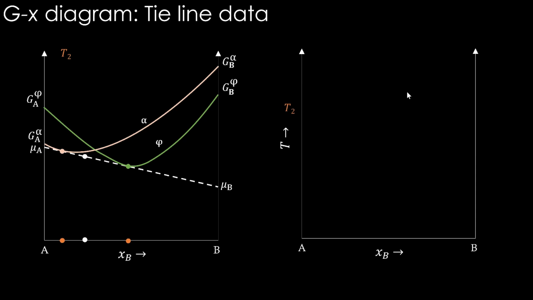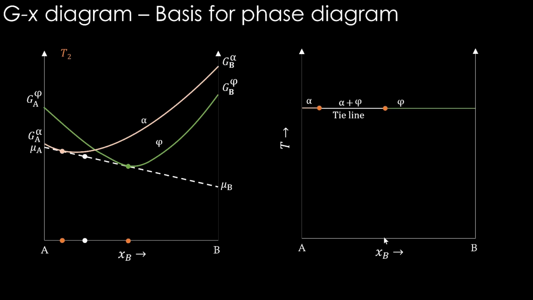At temperature T2, these two points are labeled here corresponding to the x values on this axis, and that is the tie line. Okay, what does the tie line say? It says two phases are in equilibrium, and it gives the compositions of these two phases, alpha and phi in this case. Before this point it is alpha that is stable, after this point it is phi that is stable, right? So if we put some kind of colored marking for phi also, which should not actually be done, it is just to indicate this is the phi phase region, and this region is the alpha phase region.